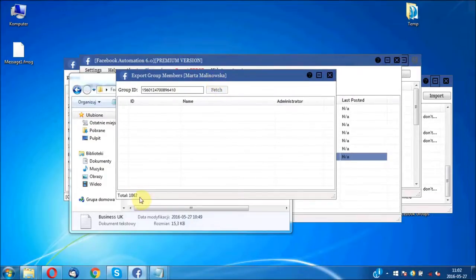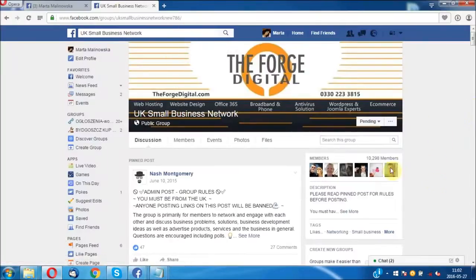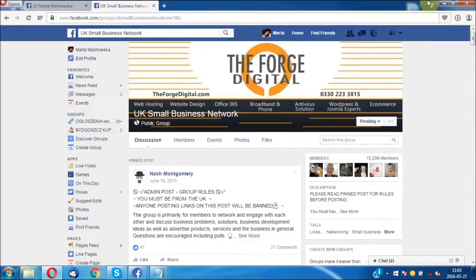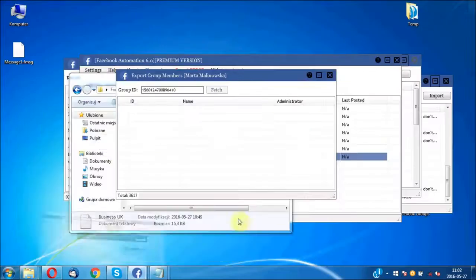actually continue to do that for you. That will bring all of the users that are in that group; they will be exported. I think there were 10,000 people, so we have to wait just a while. Let's have a look. Yeah, 10,000 members, and this will be very, very interesting, because potentially you've got people that